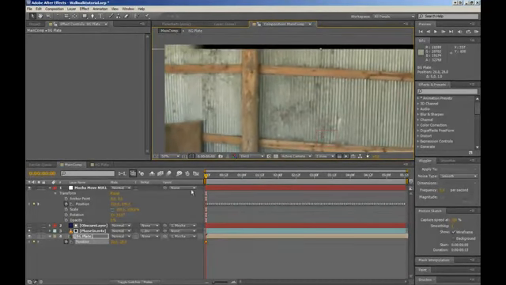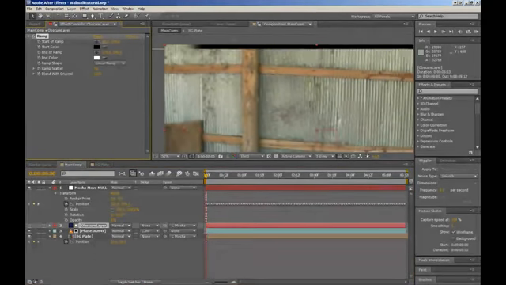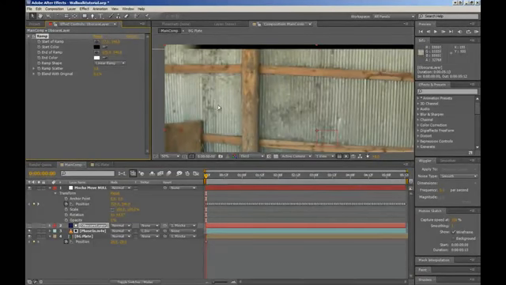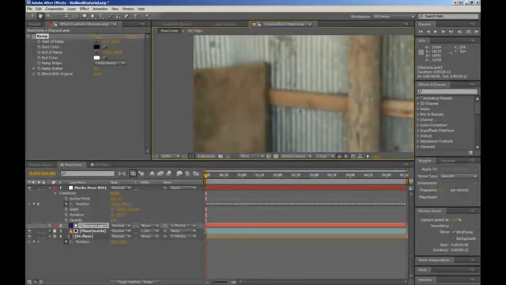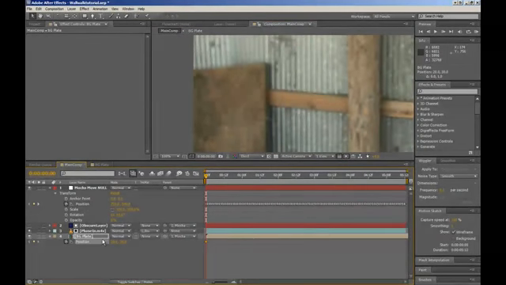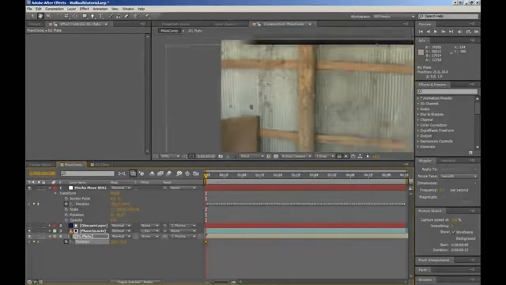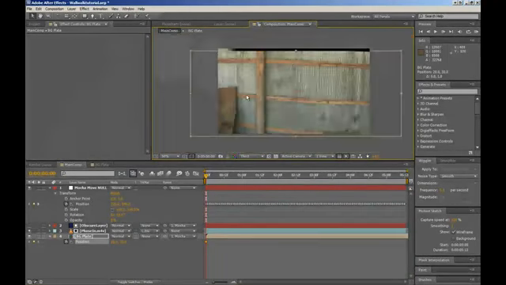And we've got a little bit of a problem with our obscure layer, so it's no big deal. We can actually tighten this up just a little bit by bringing in that other edge, and we can pull that other edge out further so that we have more of our feather on this side. And it looks like it's pretty close to in place. We're going to go ahead and move our position down just a little bit, maybe one or two. There we go. Alright, everything's in place. Now we're going to go to the start of the camera move,